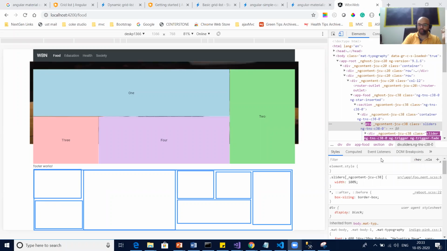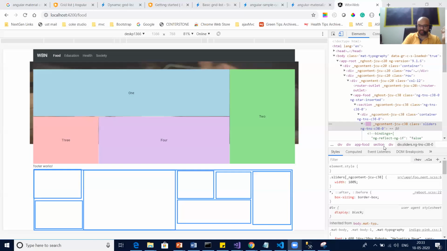Absolutely correct. Then the third one: one column, one row. Fourth one also one column, one row. Then one column, two row. Correct. Then this one: two column, one row.